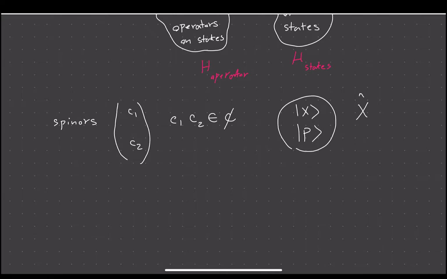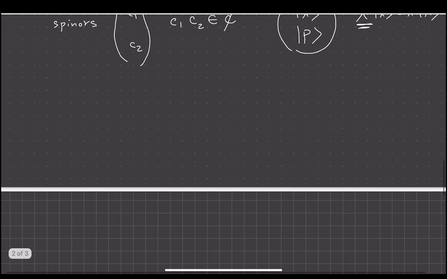For example, if I define operator x, and this operator x acting on the state x gives you x times x, there is an infinite number of locations that could be the eigenvalue of this operator. So the definition of the Hilbert space depends on how many degrees of freedom you have to express your system on. So in the occupation number notation,